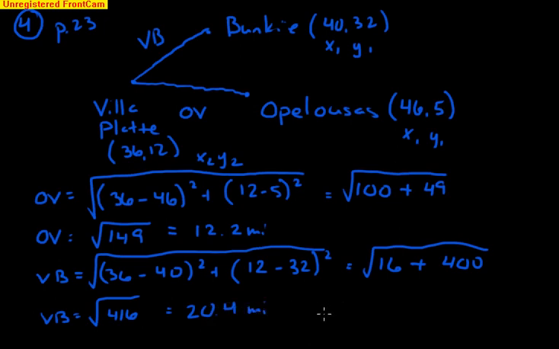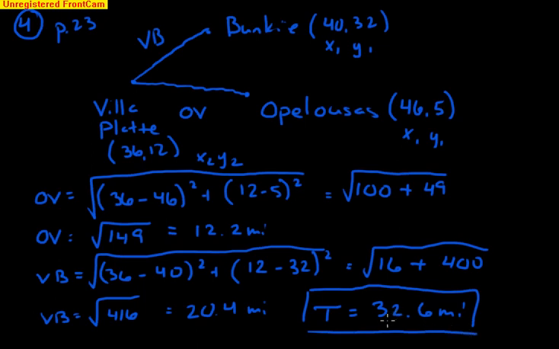So to find the total distance, I'll say t for total, we just add the two together. 20.4 and 12.2 is 32.6 miles. And there's the distance from Opelousas to Bunkie. Okay? Alright, and then one more problem I wanted to go over